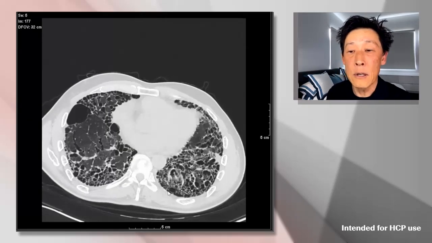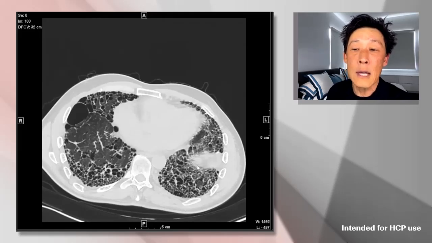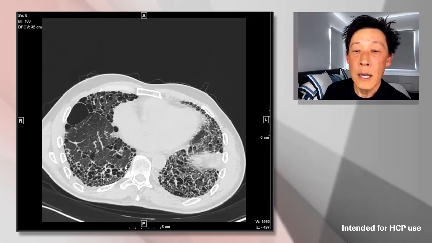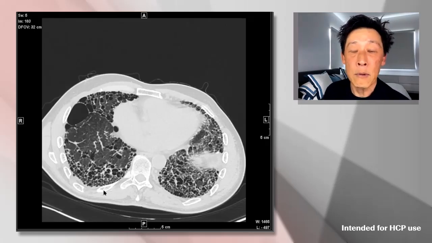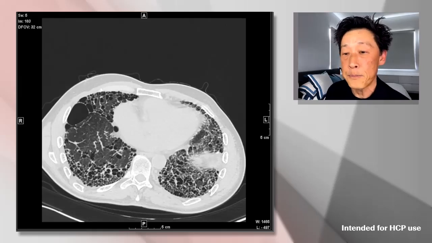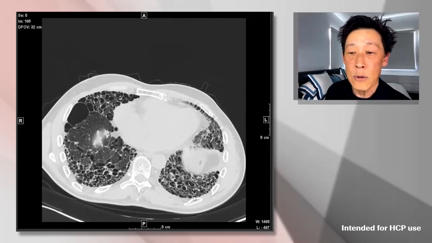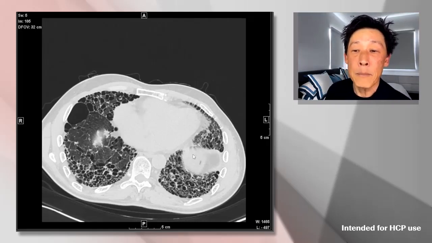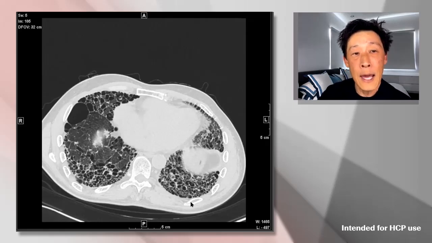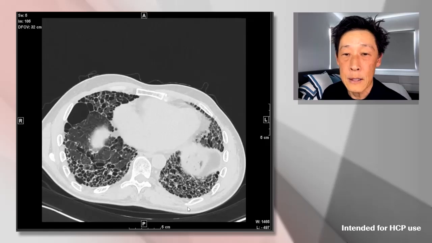All right, so let's go a little bit farther down, and we're going to just take it to just the top of the left hemidiaphragm. And so here we're very close to the lung bases, and we can see that the right lower lobe has extensive peripheral honeycombing. We have also some areas of reticulation, and as I showed you, some nice examples of traction bronchiectasis and bronchiolectasis. On the left, we can see that almost the entire lung is now diseased, or we see a lot of honeycombing throughout admixed with reticulation. By here, since we're seeing the diaphragm, we're really at the edge of the lower lobe and the lingula.